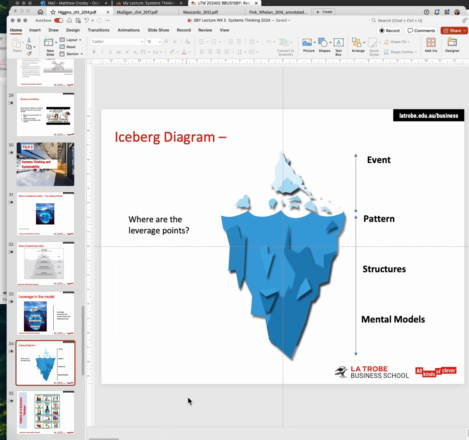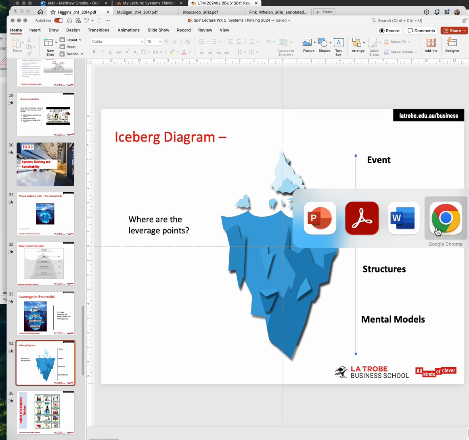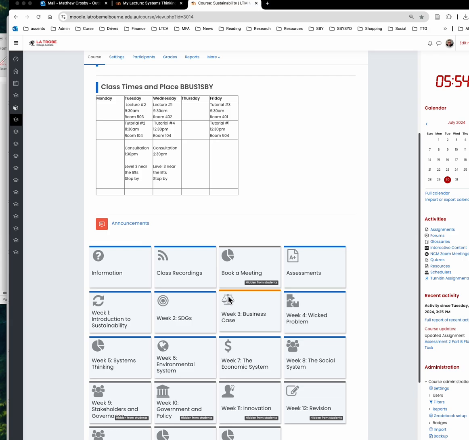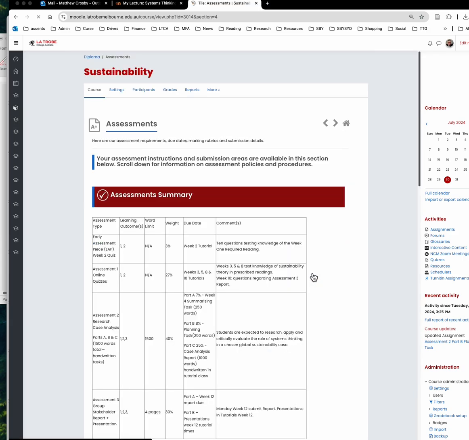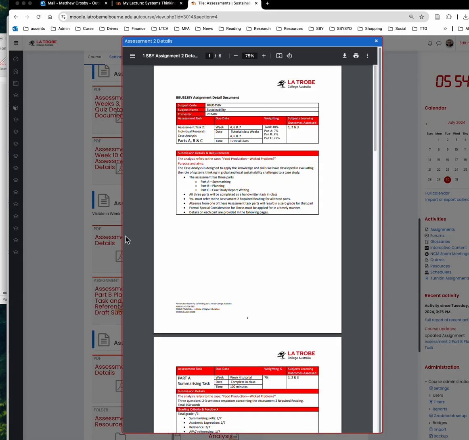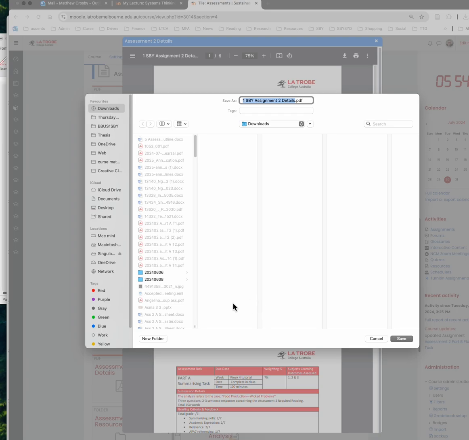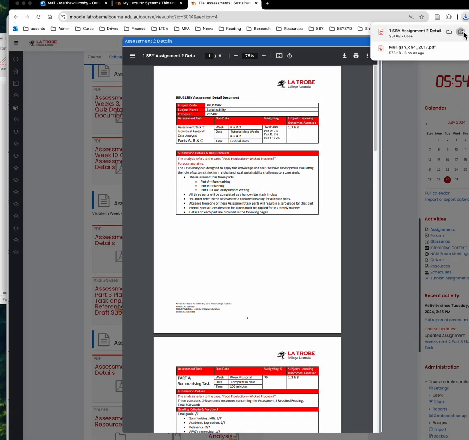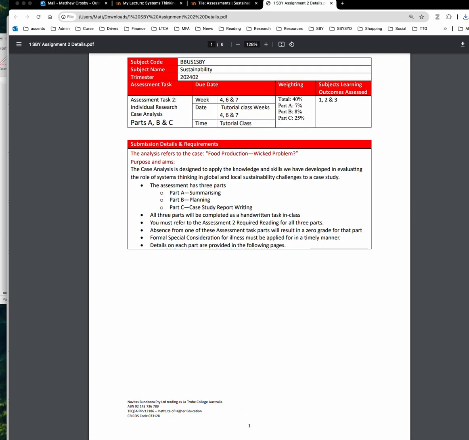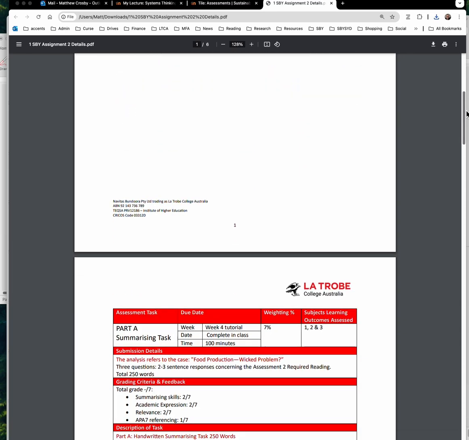And just before I finish this off, could we go to the Moodle and just briefly have a look at the assessment section. I want to have a look at the task sheet for Assessment 2, just to remind us. I'm going to download that so that it shows up a little bit more easily. Where's my downloads folder? Ah, there, thanks. So here we are. And go down here